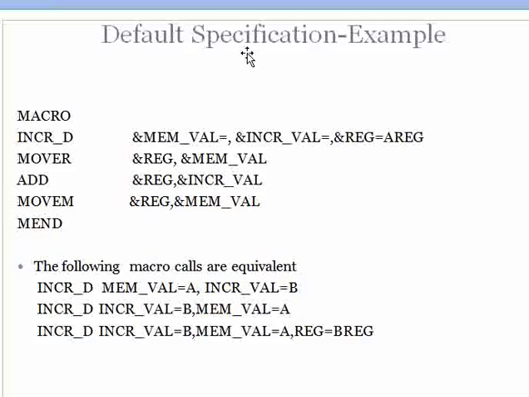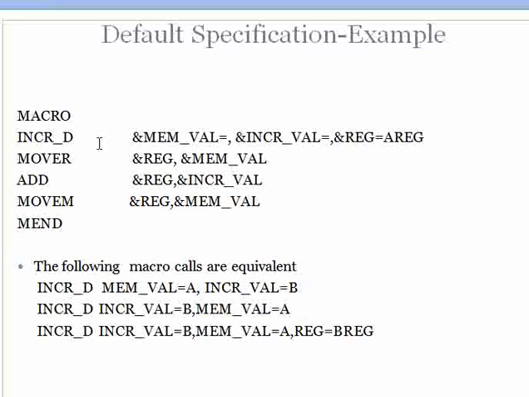The third one is default specification. Sometimes we would like a parameter to have a default value. That is, in case in the macro call the user has not specified any value, then the default value is taken. How do we write default values? They are written very similar to keyword parameters, except that a default value will be associated.